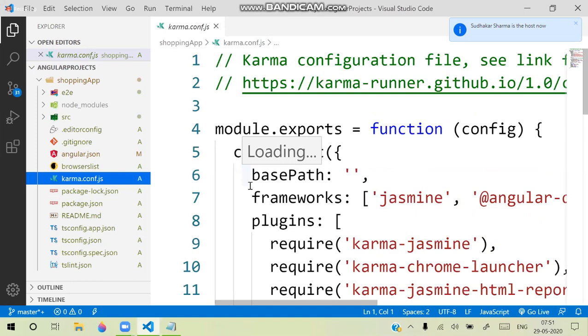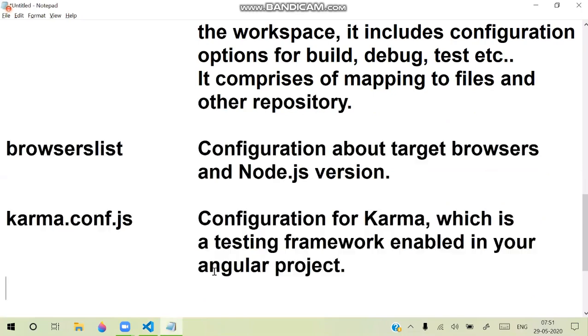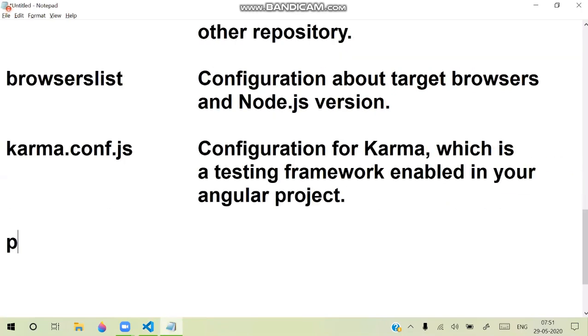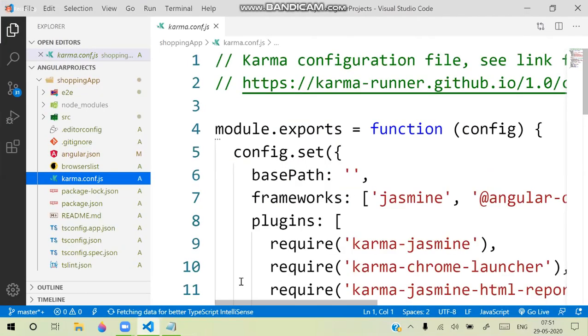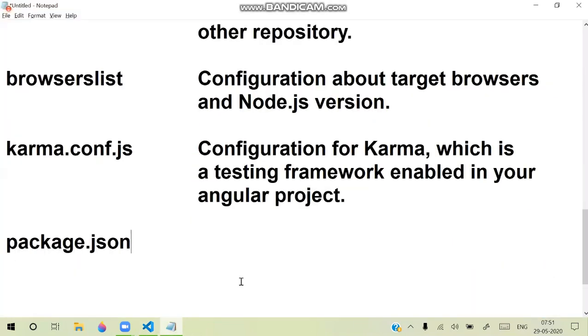Karma config, right? Next, we have package.json and package-lock.json. Two files are present. Now the point is, what is this package.json, and what is the